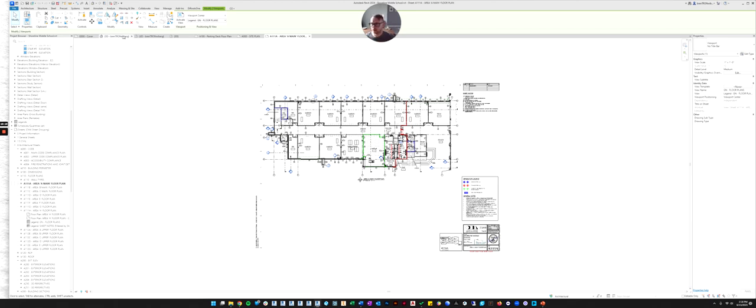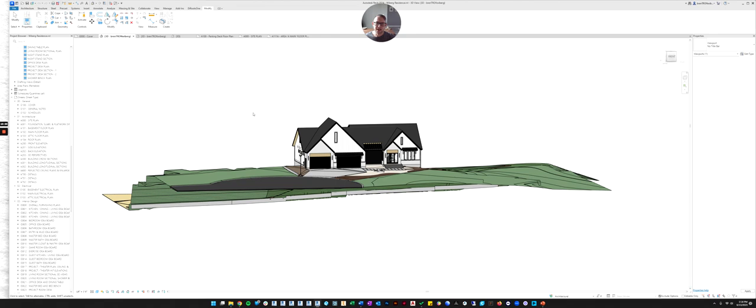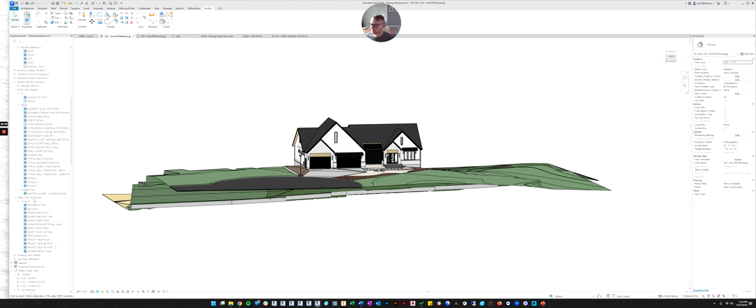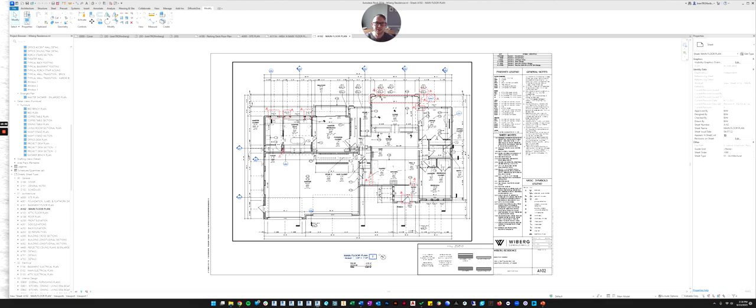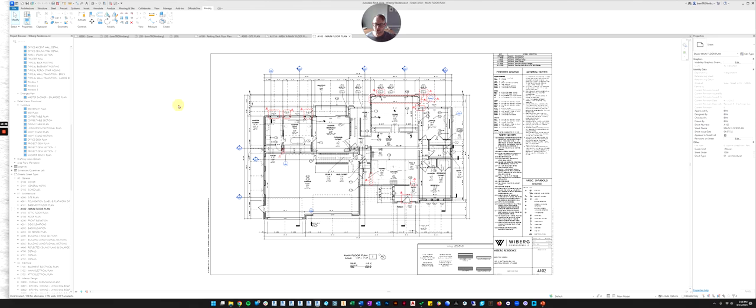So now what I want to cover is, let's go back and look at a sheet. Let's look at main floor plan. And we're going to just talk for a minute about how to take a sheet and get it into the real world and make it a set. So we're going to go through this step by step in our exercise, but there is a function.